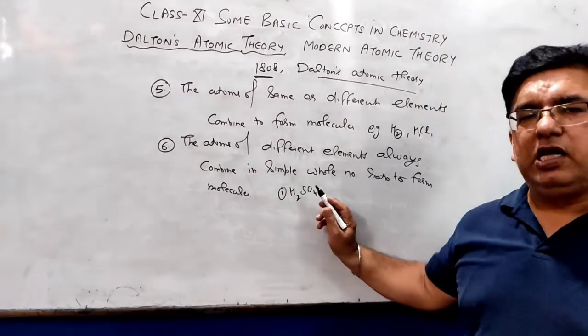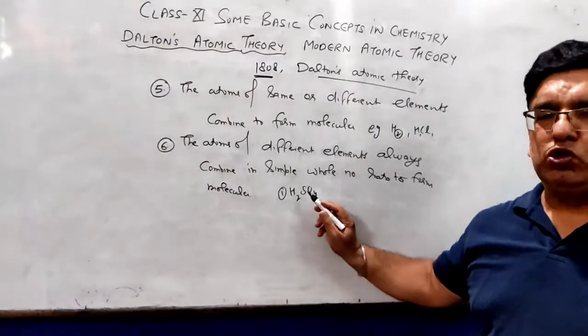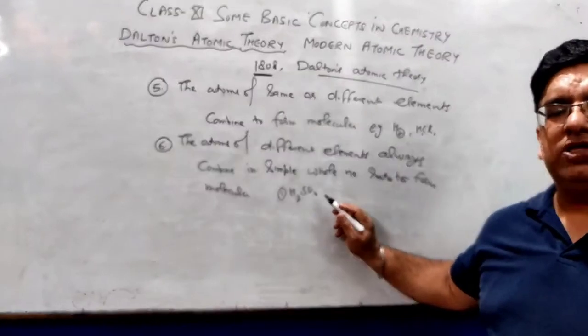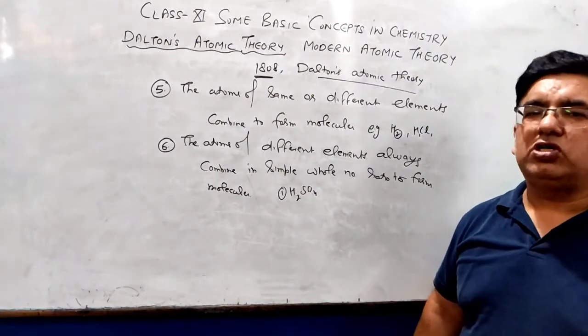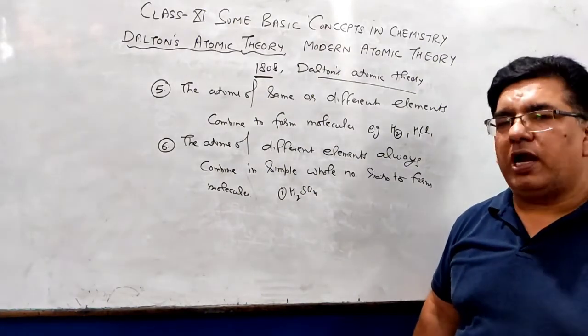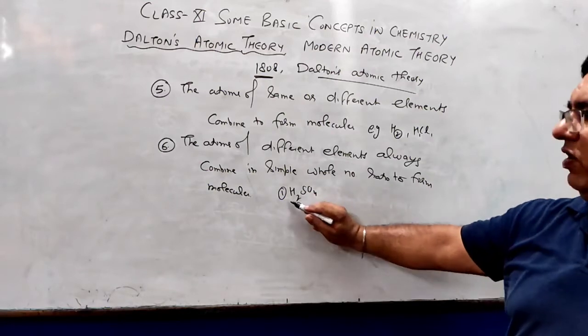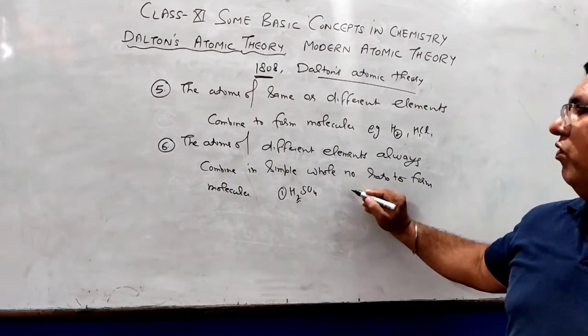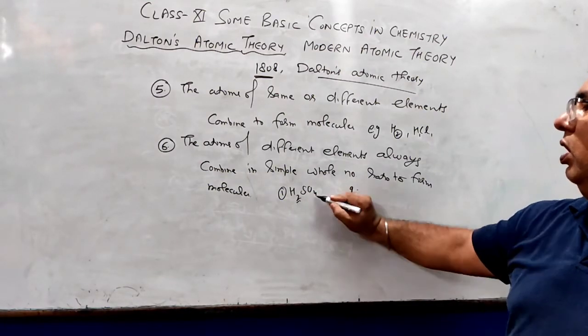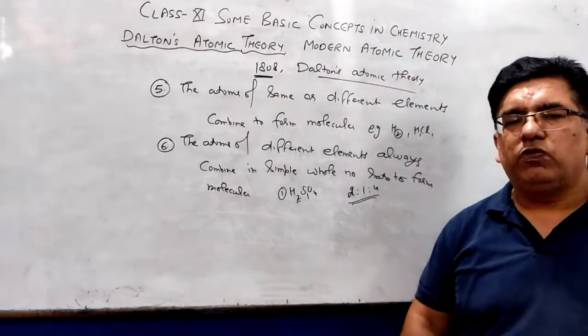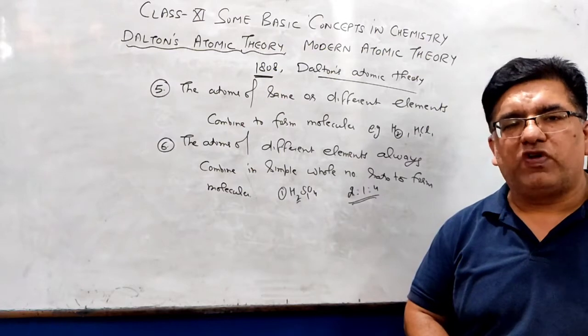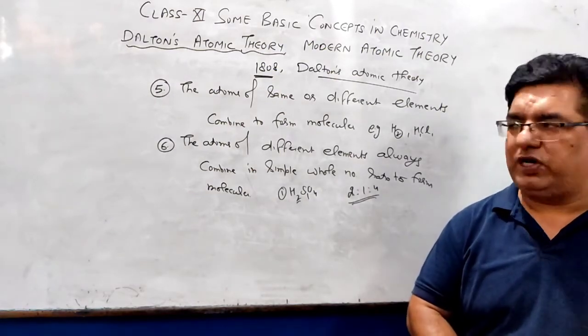यानी कि यदि कोई कंपाउंड का मॉलिक्यूल बन रहा है तो उसमें जितने भी एलिमेंट्स हैं उन सब के एटम्स की जो रेशियो है, that will be in the simple whole number ratio. It means this ratio does not have any kind of fraction or any kind of decimal. So here we can see that atoms of hydrogen 2, atoms of sulfur 1 and atoms of oxygen 4. Here the ratio of atoms is 2:1:4. This is the simple whole number ratio.